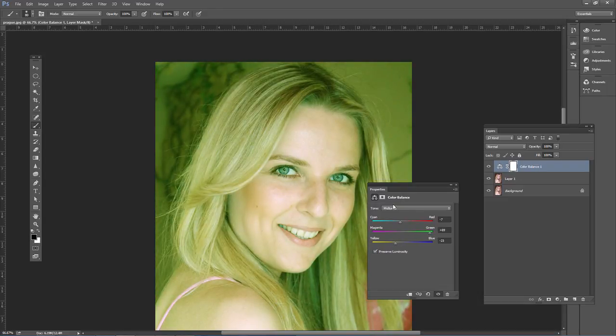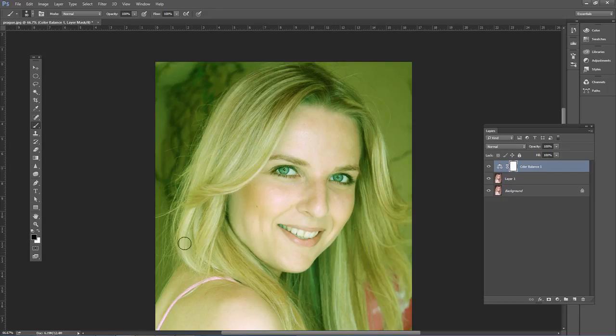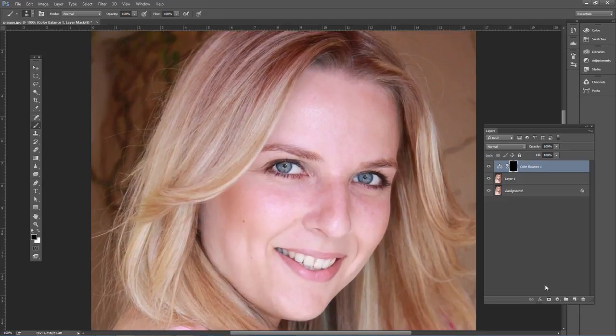All right, so we have that set. Problem is it affected everything else, right? Well, this black mask that comes with the adjustment layer, we're going to fill it with black. So with the black as the foreground color, press Alt Backspace on the PC or Option Delete on the Mac. Now I got rid of our effect, right? We don't want that. So what we want is, I'm going to zoom in,